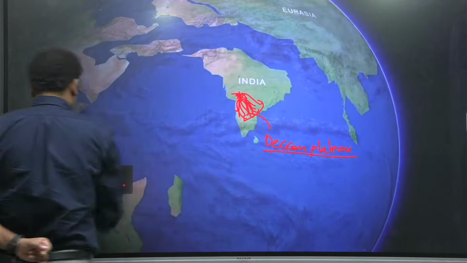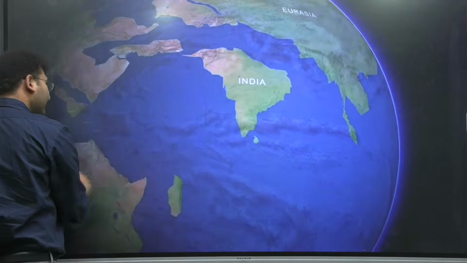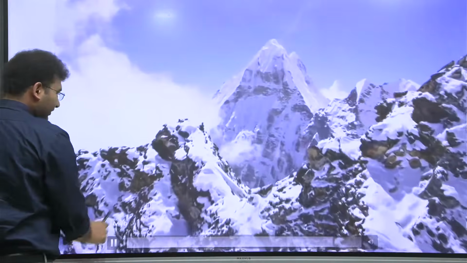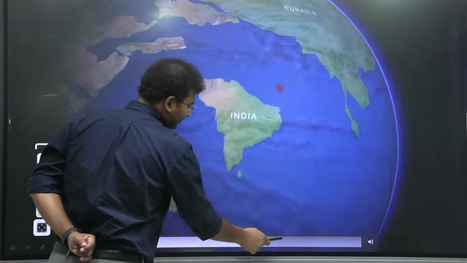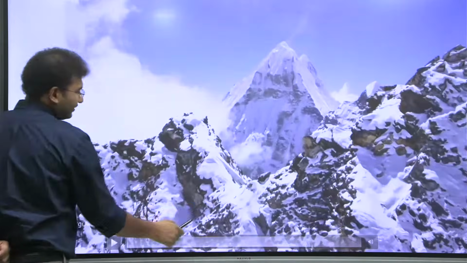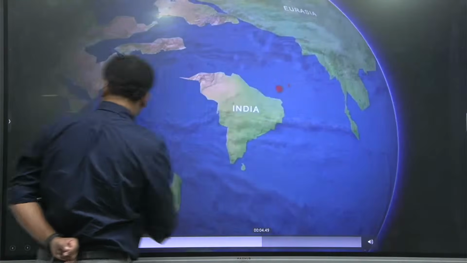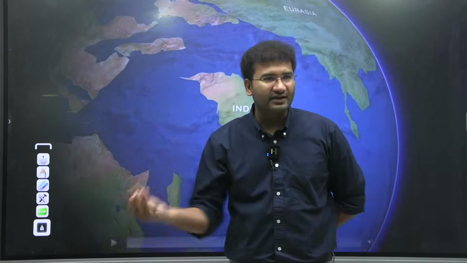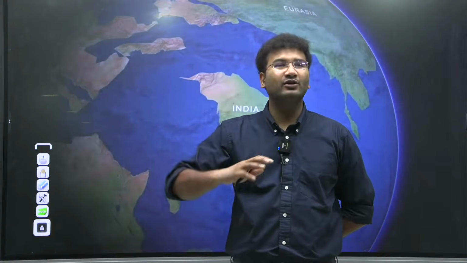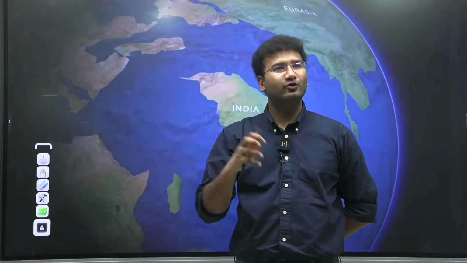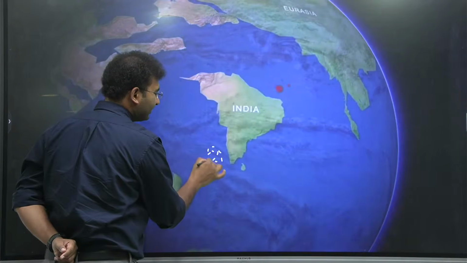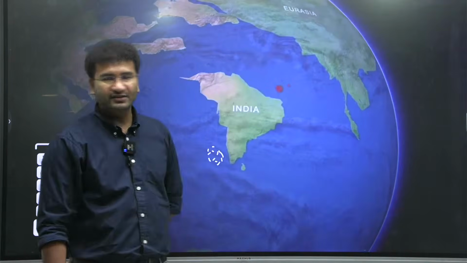The next aspect: India went a little further, before it formed the Himalayas. Here, the journey of India has led to the formation of certain islands as well. Imagine that there's water. Within the water, the volcanism was there, and this volcanism did not come above the water. It got cooled within the water, and that turned out to be your Lakshadweep Islands. Lakshadweep Islands are like this.